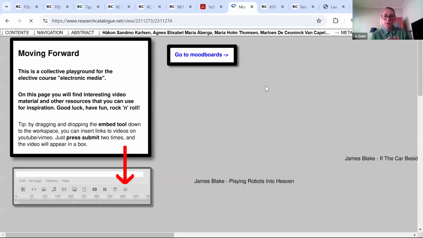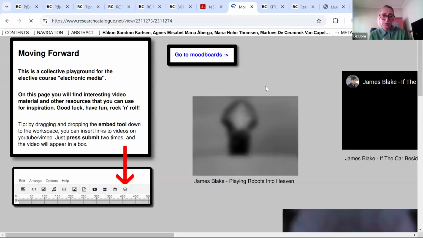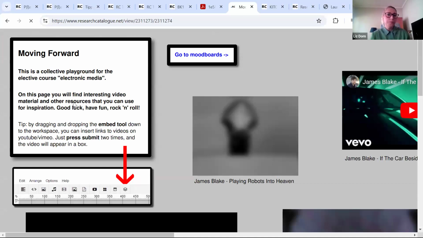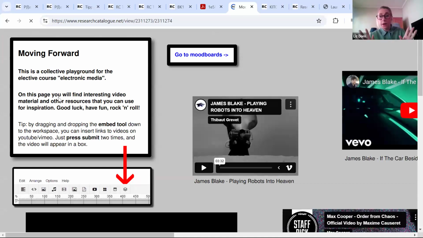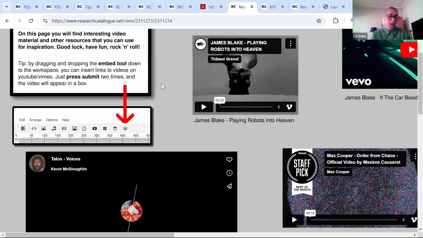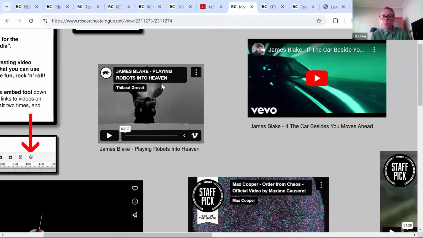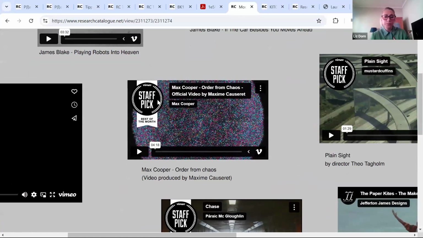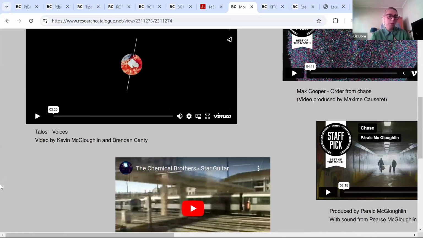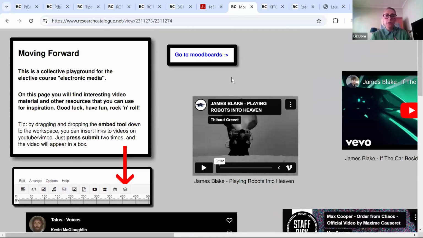And then the students also set up their own. So this is the research catalog of the last student group you just saw. So as you can see, they have their own aesthetic. We did not guide them at all. They were purely using this as they would normally do. So here they put a bunch of music videos as inspiration, first of all, much like what I just showed you.